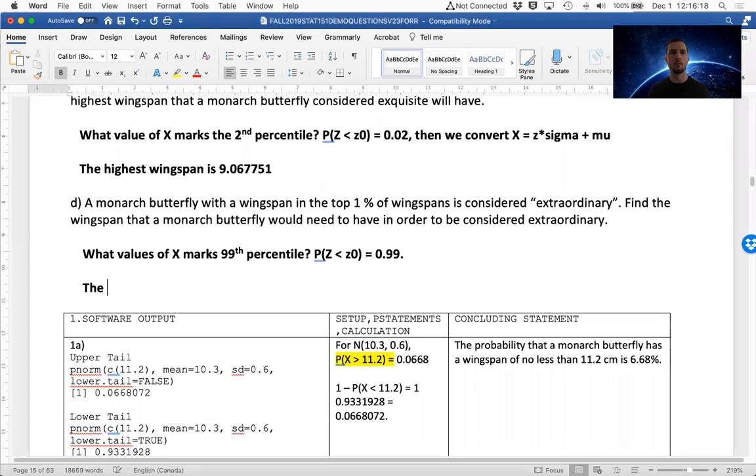So the wingspan to be considered extraordinary is